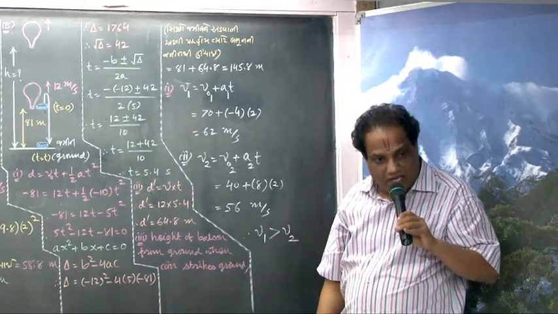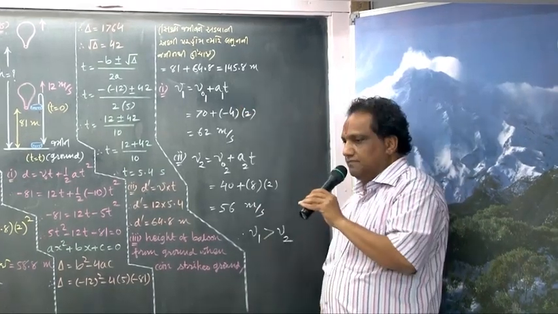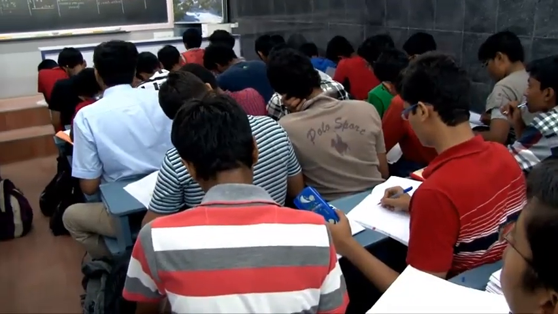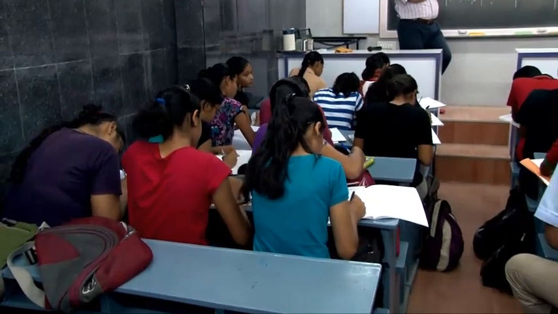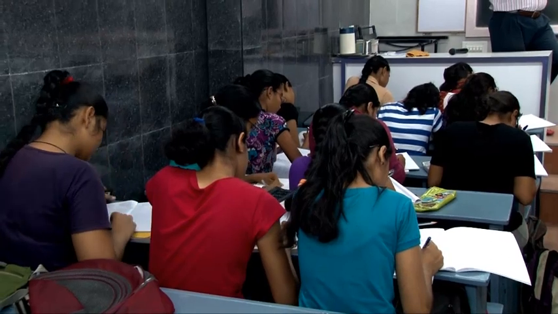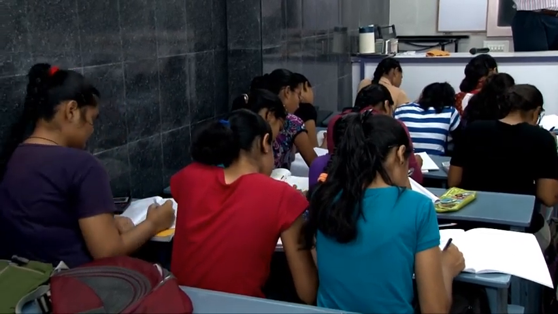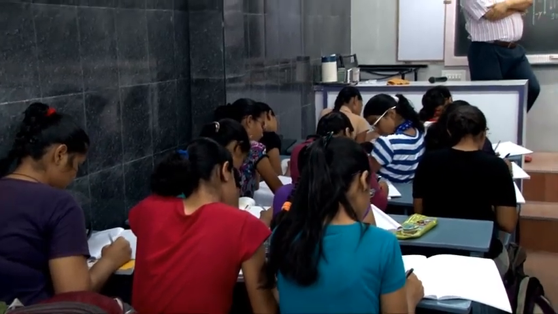Now what is the another time? 3 seconds. Say 3 seconds. For 3 seconds you find it out. First of all, write down this much. Find out for 3 seconds. 58 and 64. Very good. Perfect. V1 is 58 and V2 is 64. So what is the conclusion? V2 greater than V1.